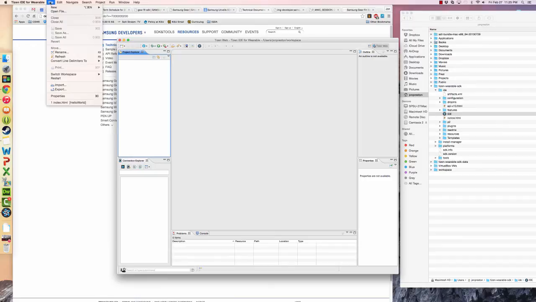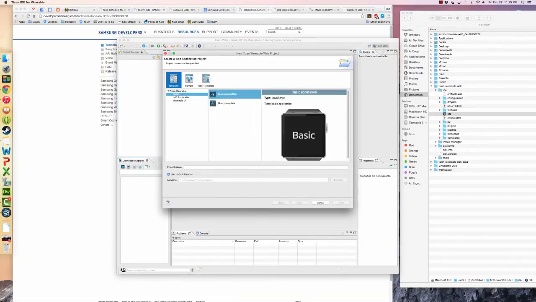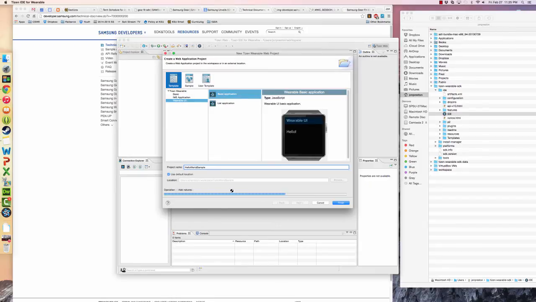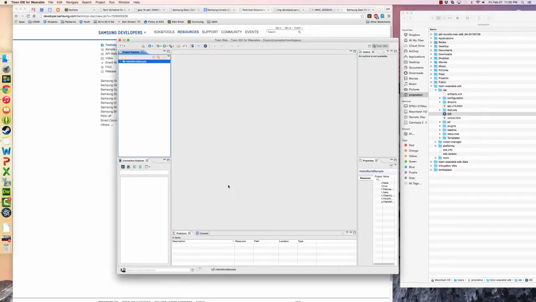I'm going to go under File, New Tizen Wearable Web Project, and then go with the Wearable UI, Basic Application, and just give it a name. So we'll call this Hello World Sample, or whatever you want to call it, and click Finish. And it'll do its thing and create it all. What you'll get is the Hello World Sample, or whatever you call it, your project, and then if you expand,